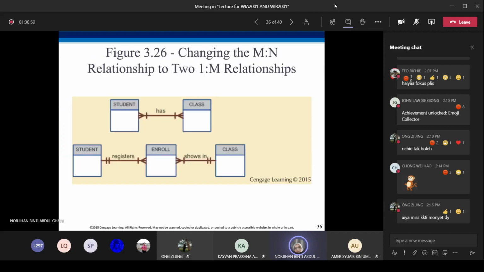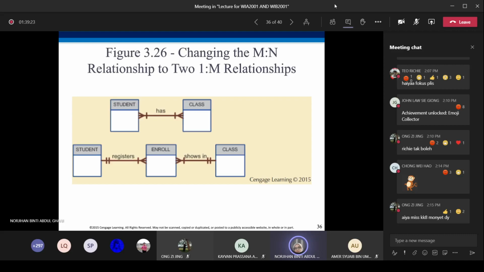Now we broke down the students and class, and we create a new entity here, and the name of the entity is enroll. Enroll here is referred to as a bridge entity. This is an enrollment. Every semester, when you register, you are given a list of courses, right?